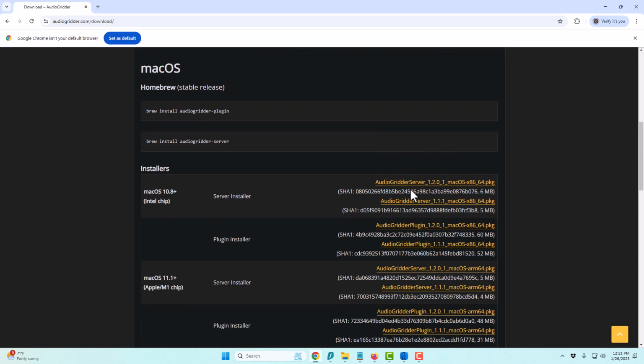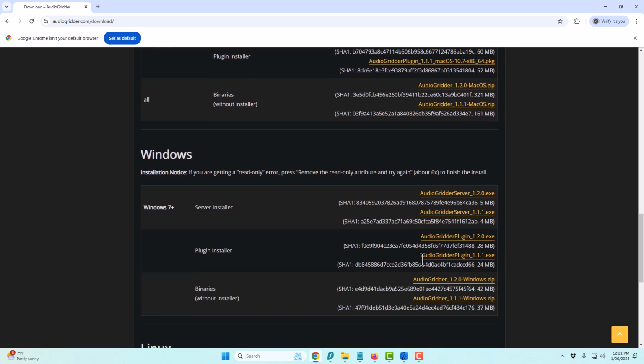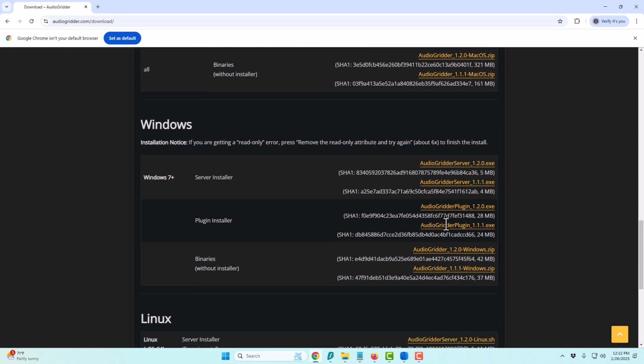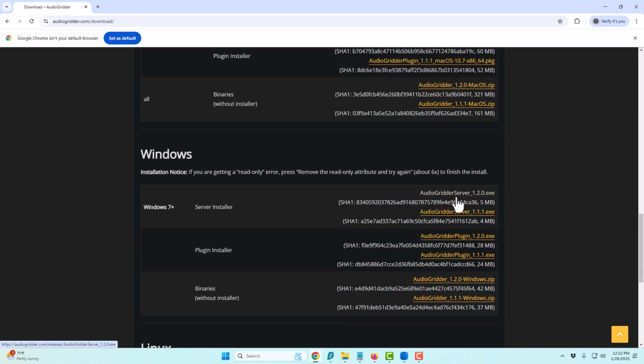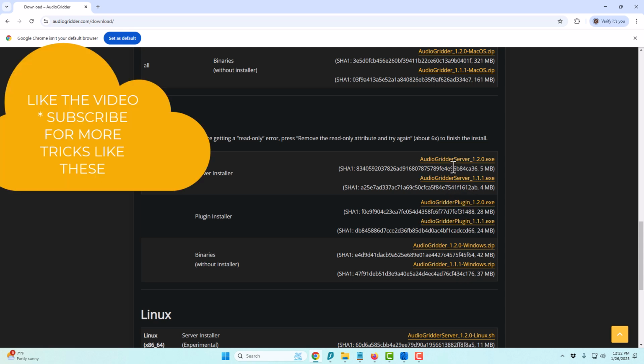So what I did, I scrolled down to the part where it says Windows, and I downloaded the Windows Server. There are two files you have to install: Audio Gridder Windows Server and Windows Plugin Installer. You need to install both of them. Install the plugin first, then install the server. And then after you run the server,